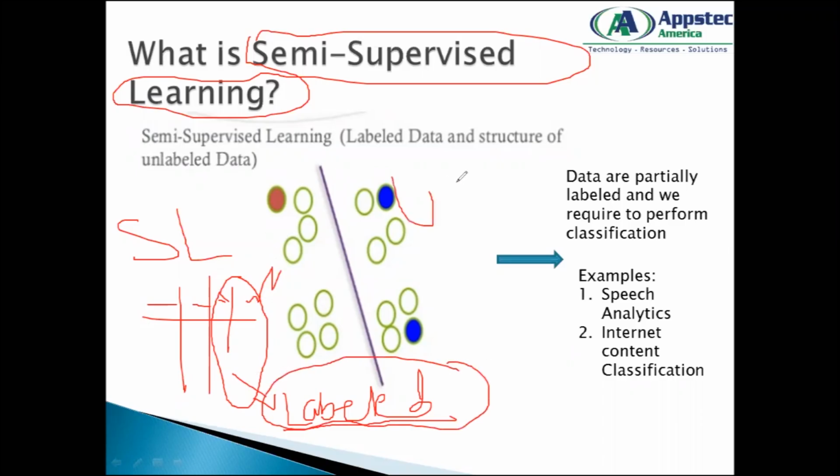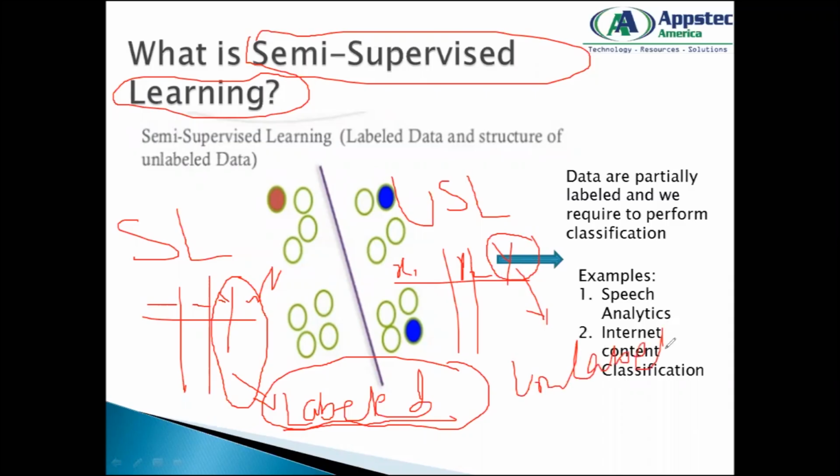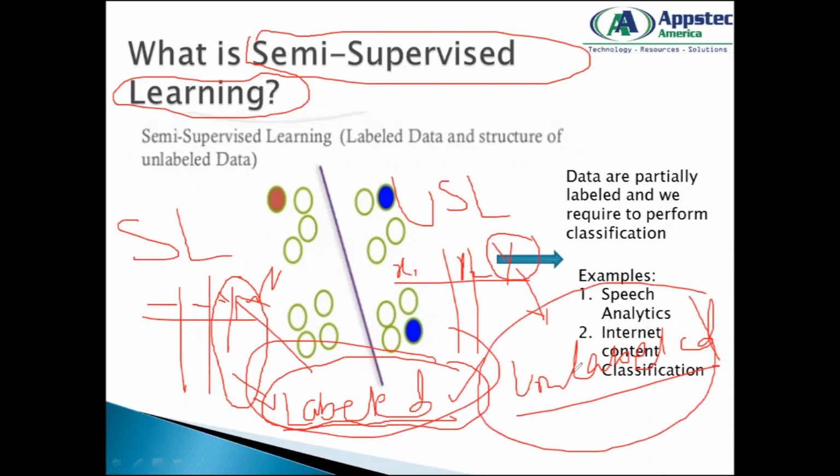But in unsupervised learning, we do not have this target column Y. We only have our X values, X1, X2, X3. So I do not have exposure to my target column. These are called unlabeled data. These are the two prominent terms that get used. Data that is labeled will always have the target column Y in it. The data that is unlabeled will not have the target column Y in it. That's supervised learning, that's unsupervised learning.